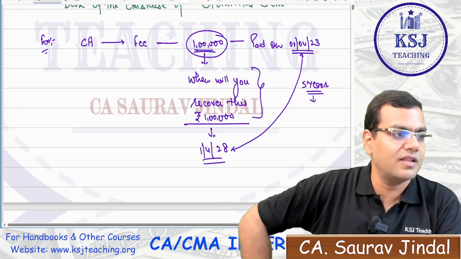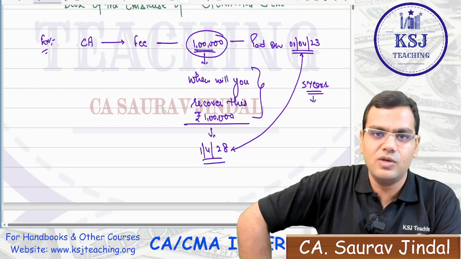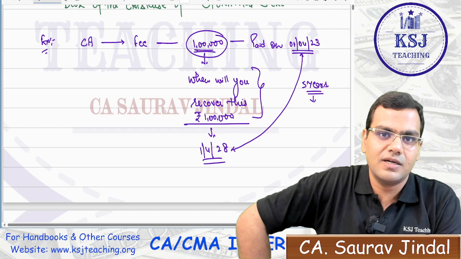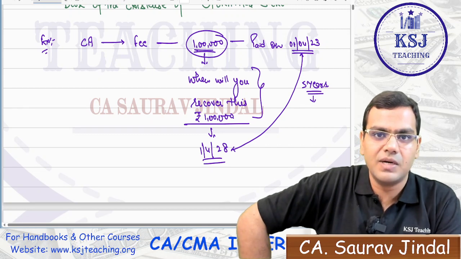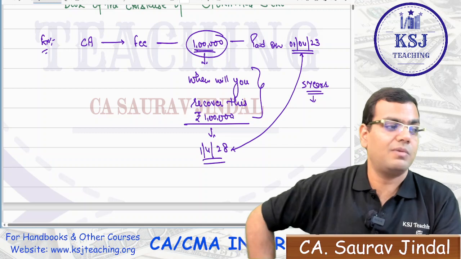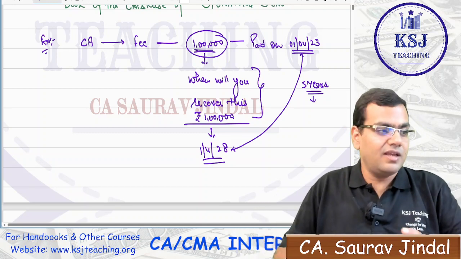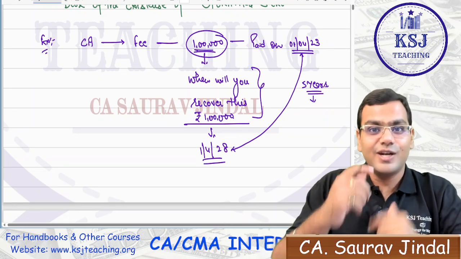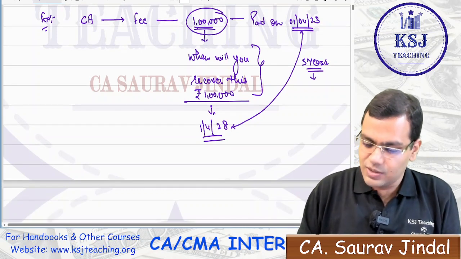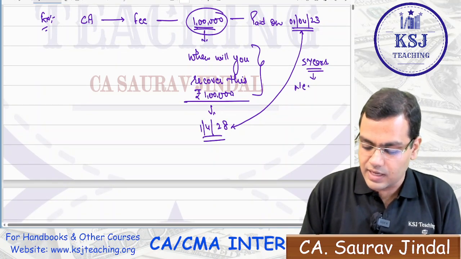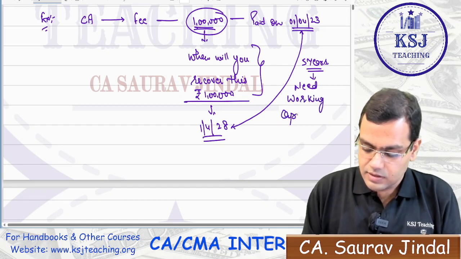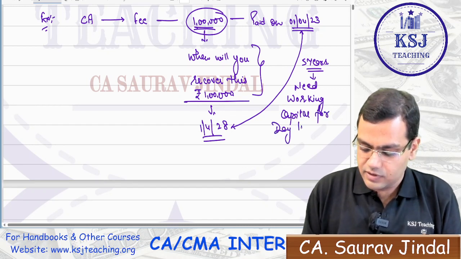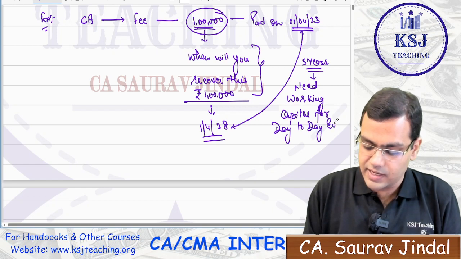Can you stay hungry for the 5 years because you want to complete this course and you only had 1 lakh rupees? No, sir. Isn't it? Nobody is going to stay hungry, sir, whenever we are studying. But this is a fact that I am talking about, that whenever we are studying, especially a tough course like chartered accountancy, whenever we are preparing for the examinations, our hunger doubles, isn't it? Okay. So during these 5 years, you will need working capital, right, for day-to-day expenses. You will need working capital, sir, definitely.